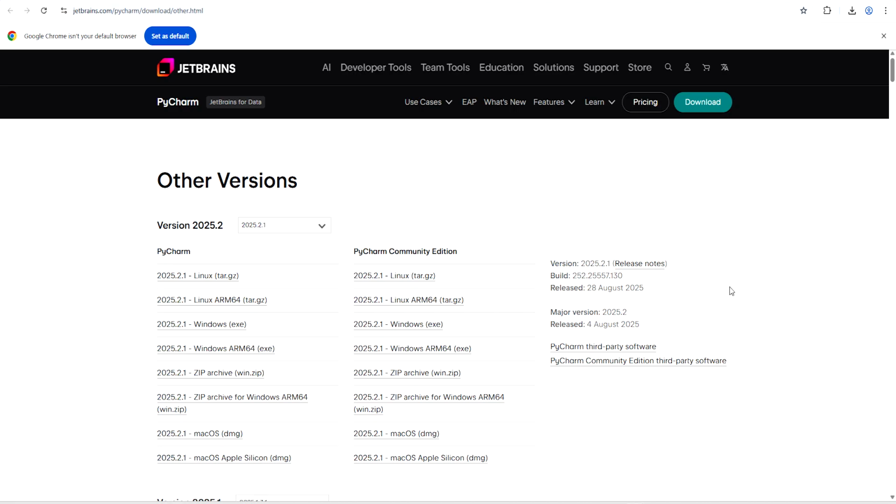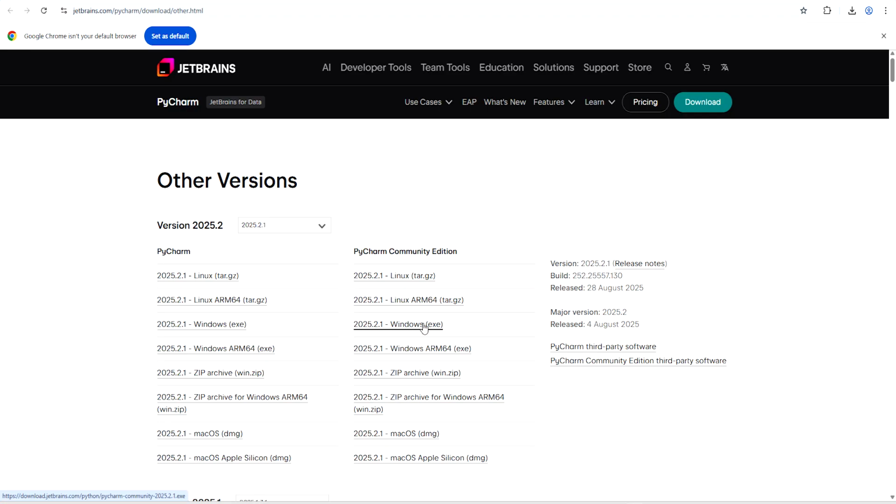Now I will show you how you can download the PyCharm Community Edition. Go to jetbrains.com/pycharm/download/other.html, and here on this page you will find the link to download PyCharm.